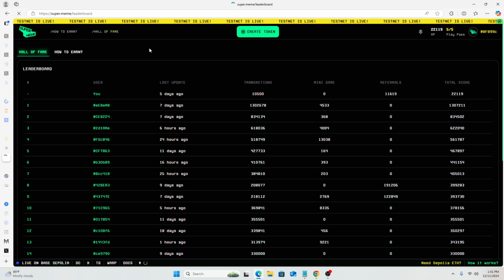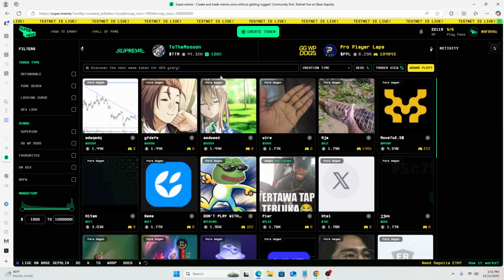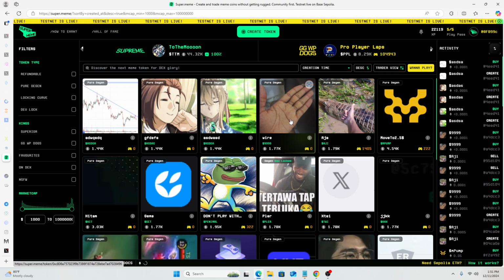Now this is a project you don't want to fade because it's basically a launch pad for meme coins on the Base chain. We're talking a bullish chain, but an interesting launch pad, with a stronger narrative than Pump Fun. We all know how Pump Fun fared, but this has a stronger narrative because it allows you to capture bullish opportunities within the meme coin space without the fear of wreckage.